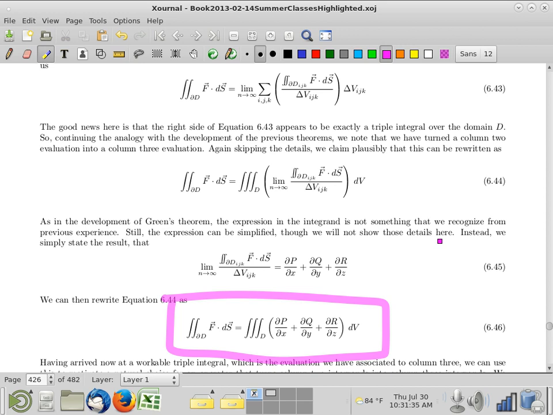But before I go on, notice that everything that we've done here is highly analogous to the Green's theorem calculation. It's going to be a great exercise to flip back and forth and persuade yourself that we're making morally the same argument. A couple of details different, appropriate to the different context, but morally practically the same. Okay. Now, this expression here,